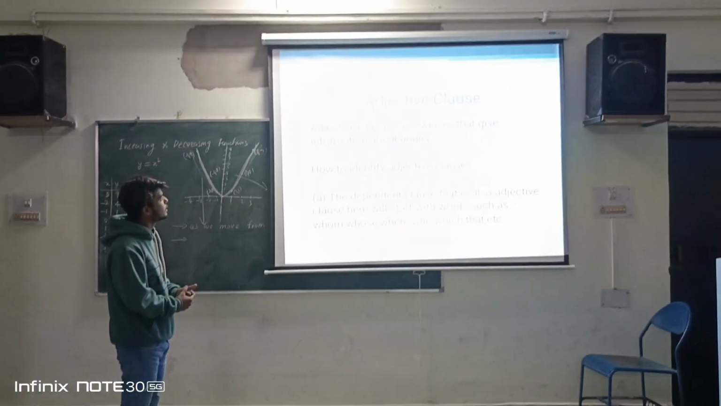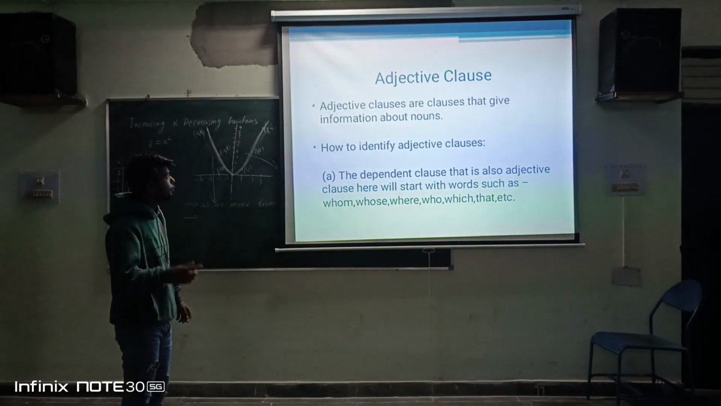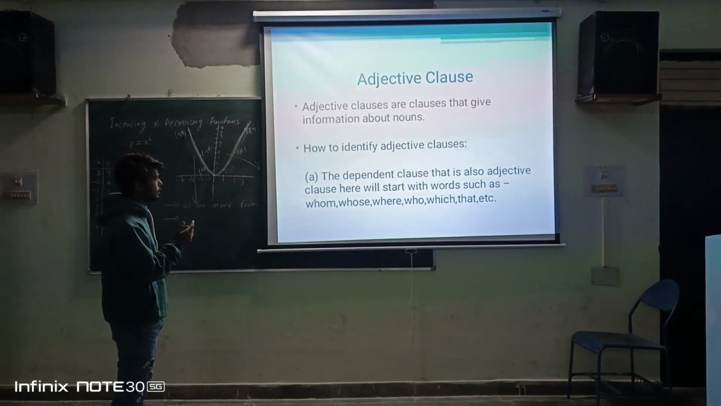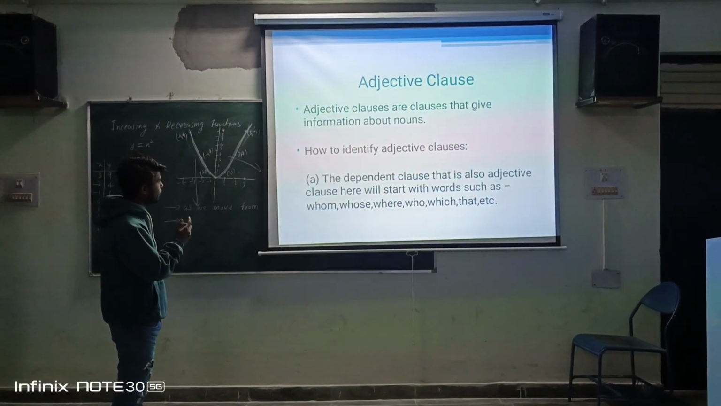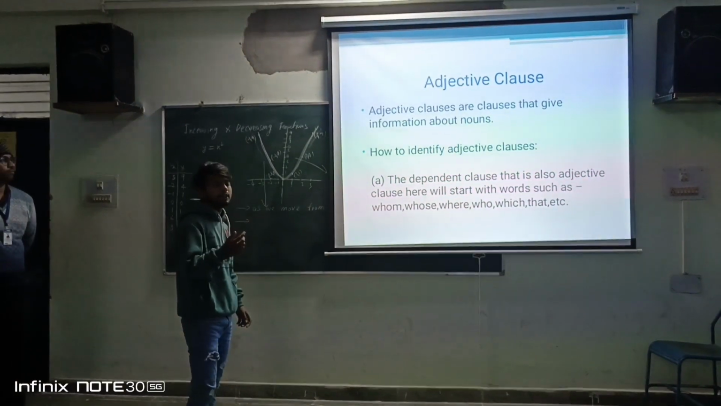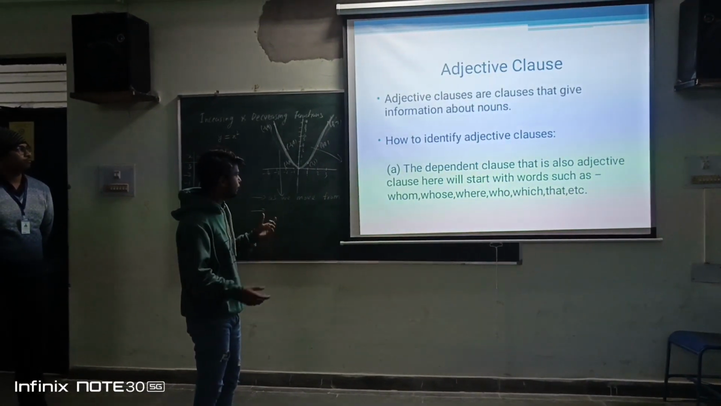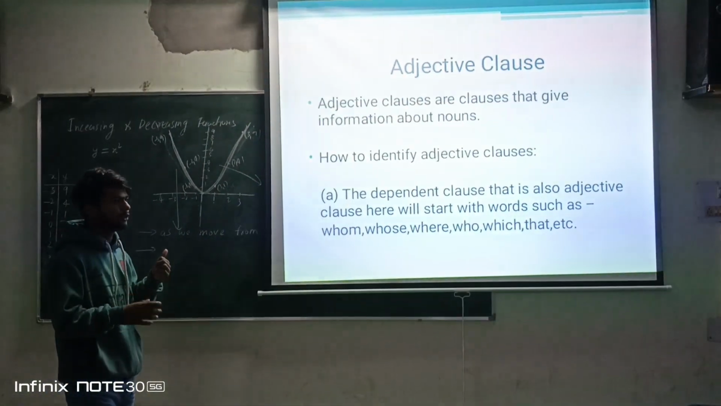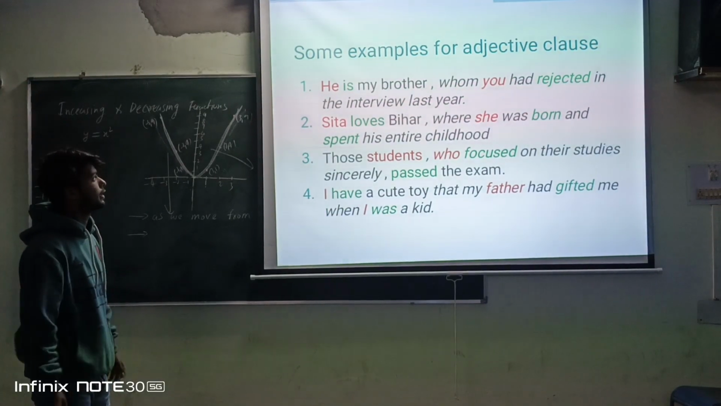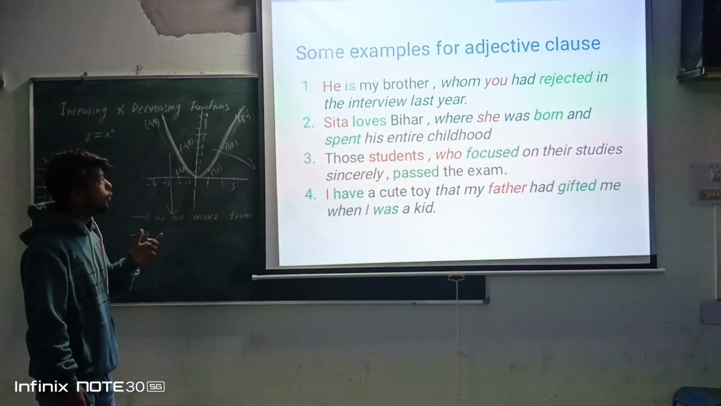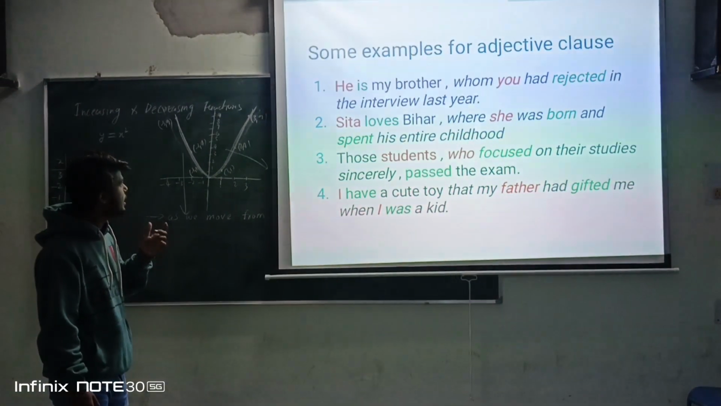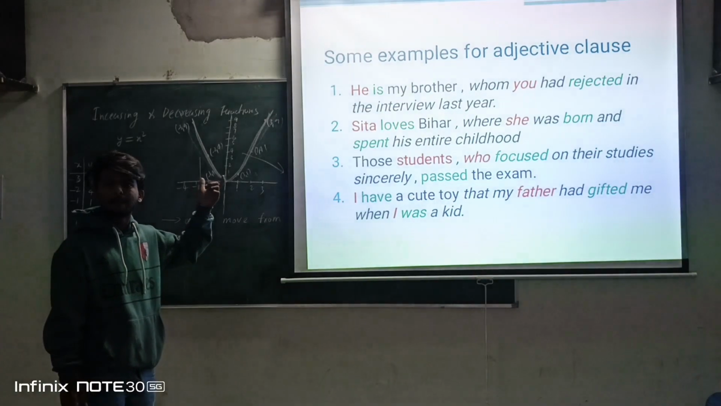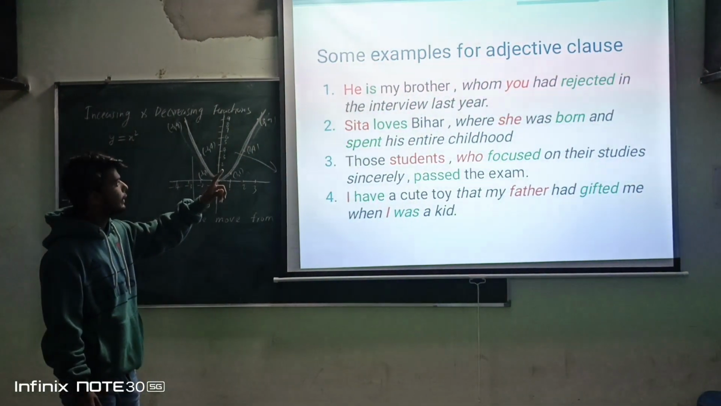Adjective clauses are clauses that give information about nouns. How to identify the clauses? The dependent clauses that are also adjective clauses start with words such as whom, whose, where, who, which, that, etc. इसमें adjective clauses में whom, whose और who, which, that सेंटेंस से ही इसकी पहचान होती है। Next, some example of adjective clauses. He is my brother whom you had rejected in the interview last year. He is my brother तो डिपेंड हो गया कि ये मेरा भाई है, बट whom के लगने से adjective clause हो गया।